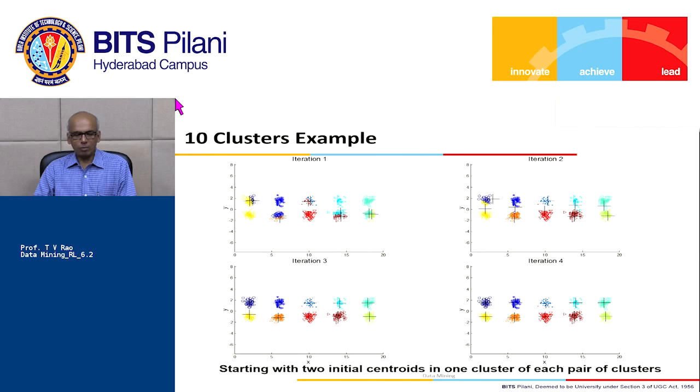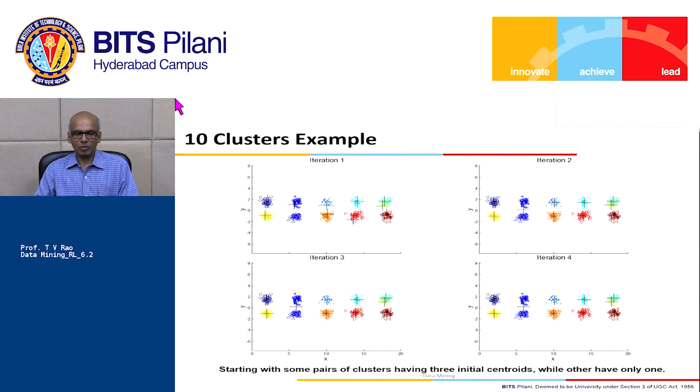Now let's look at another example. Here we have 5 pairs of points. When we want to create 10 clusters, it makes sense, since there are 10 natural clusters, but they are organized in such a way that they belong to 5 pairs. If we had chosen the points such that there are at least 2 points in each pair, then we are assured of getting the